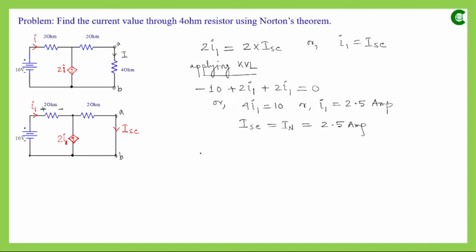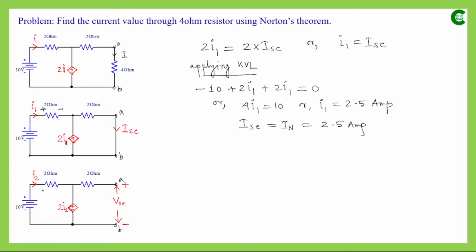Now in the next step, our task is to find out the voltage drop across these two terminals after opening that shorted path, or after removing this load resistor. So after finding out the ISC, the short circuit current, our next task is to find out the open circuit voltage between those terminals. Now here again, after removing this load resistor and making these two terminals open, definitely the